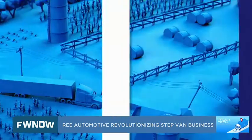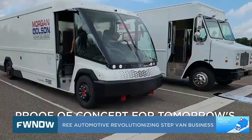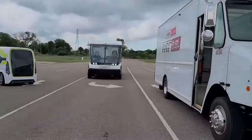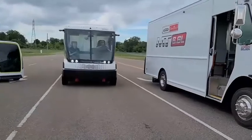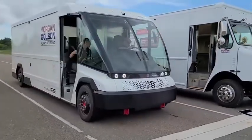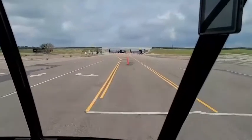We have a video here, I think, which we're going to show, that they worked with Morgan Olson, which is a bodybuilder, and also with EAVX. This is the group that is the R&D arm of JB Poindexter, which also owns Morgan Olson. And what they've created is a modern, this is a proof of concept vehicle, by the way. This is not in production, but they've created a modern look to the